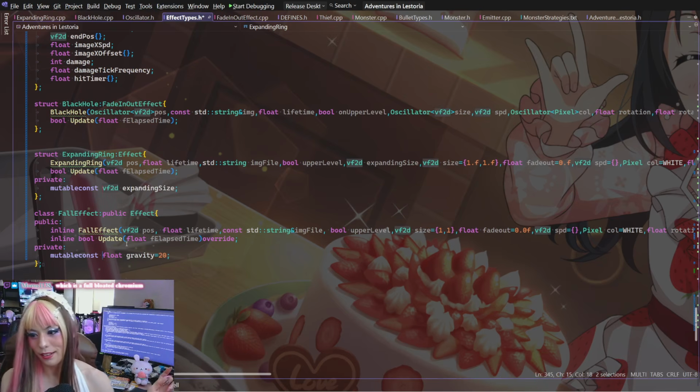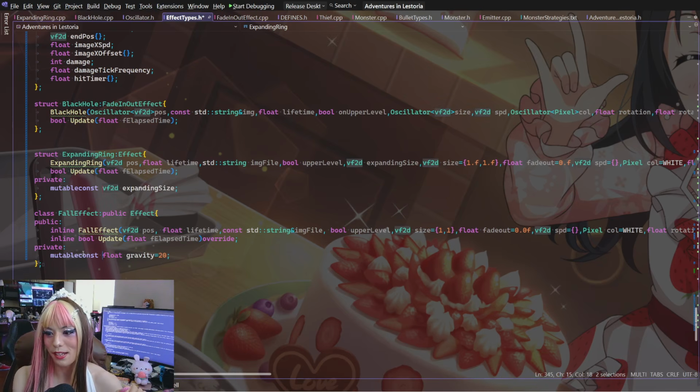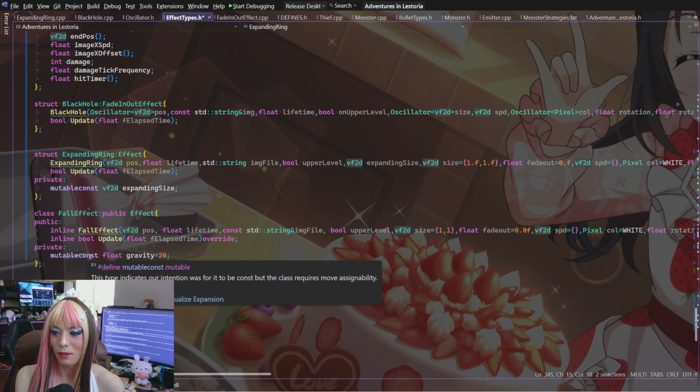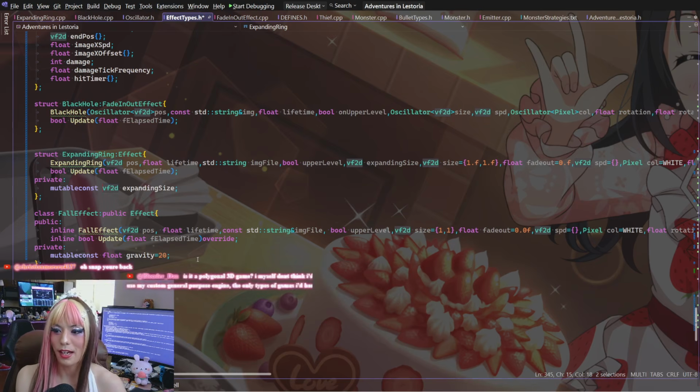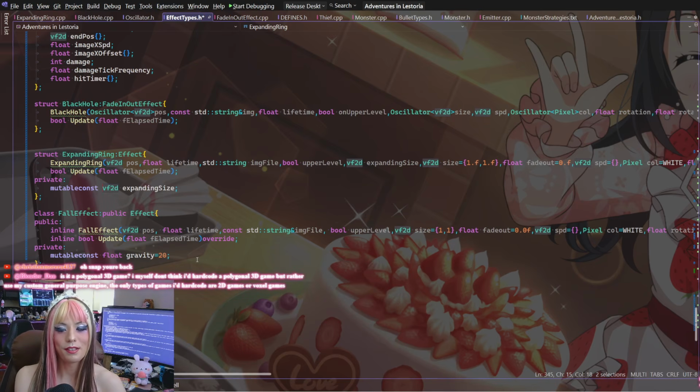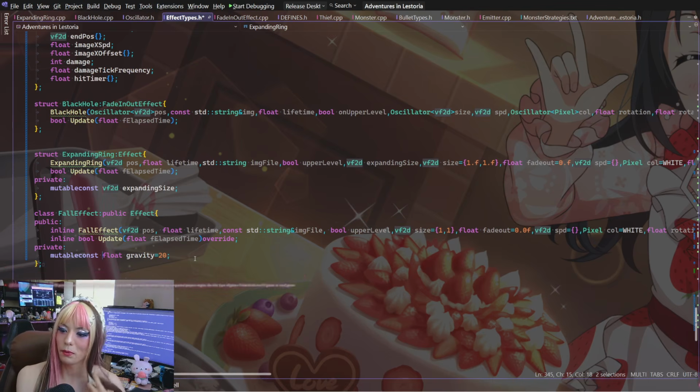So I was thinking of making an actual class out of this. But I was thinking, okay, what rules do I want that class to have? The idea of a mutable const, at least in my head, is that it's allowed to be moved, but you can't directly set it. Like operator equals goes away, but you can copy it, so you can turn it into an R value and standard move it. I'm thinking unique pointer style.